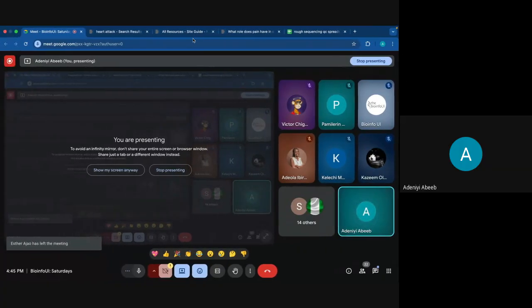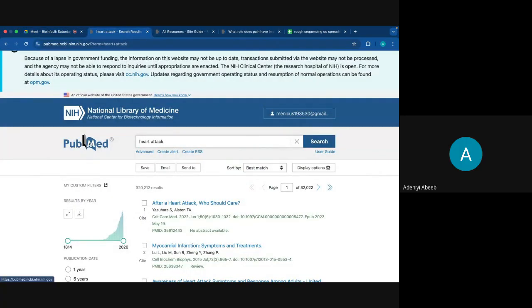So now let's look at MeSH proper. All we have to do is come here again. You just click on this logo. If you want to go back,